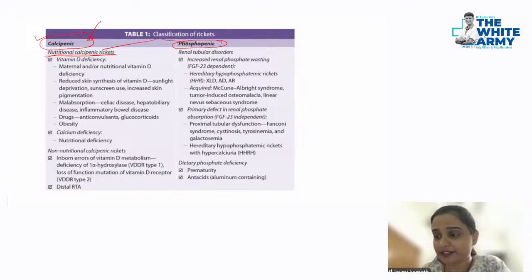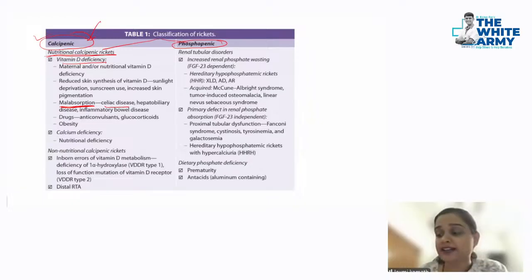Okay, now vitamin D deficiency can be due to either a maternal cause or a nutritional cause or reduced sunlight exposure, all of this. Or even if vitamin D is taken orally, it can be due to malabsorption, like in celiac disease, pancreatic dysfunction, cholestatic liver disease, all of these, because you remember vitamin D is a fat soluble vitamin. So for the absorption of vitamin D, you need bile and you need good pancreatic juice also. So if there is any problem with the liver or the pancreatic function,